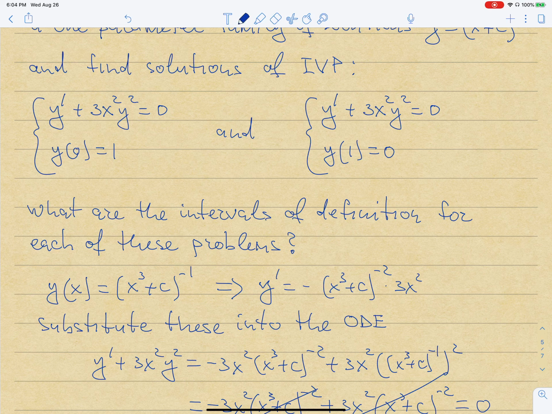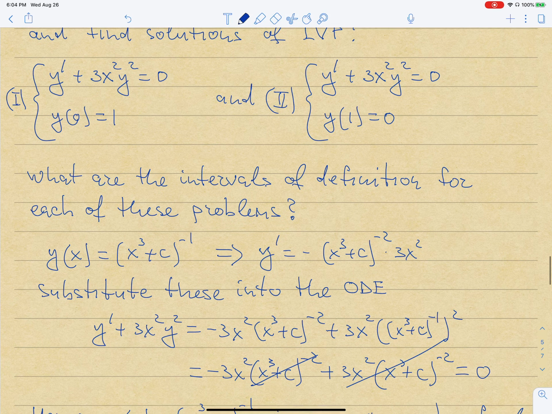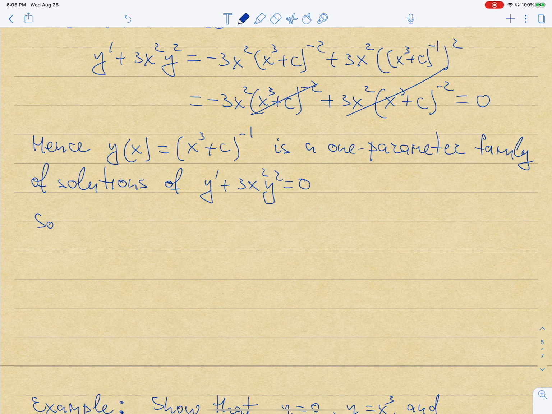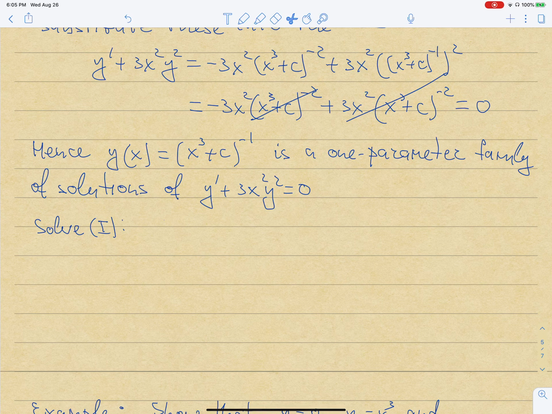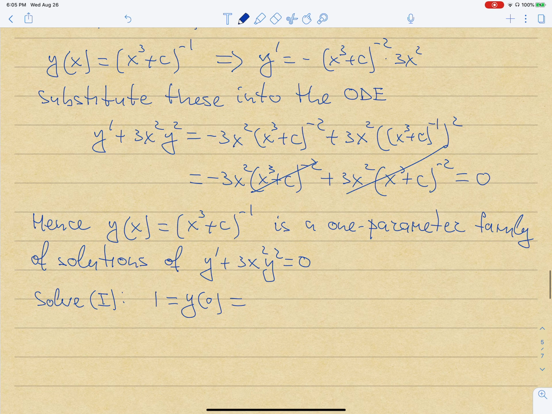So once again, let's call them 1 and 2. Solving 1, I need to satisfy the initial condition. Initial condition in 1 is y of 0 is equal to 1. So on one hand, 1 is y of 0. On the other hand, it is whatever you get from our y of x, substituting 0 in it. So it's 0 cubed plus c to the power minus 1. And so c to the minus 1 is equal to 1, so therefore c is 1, and the solution